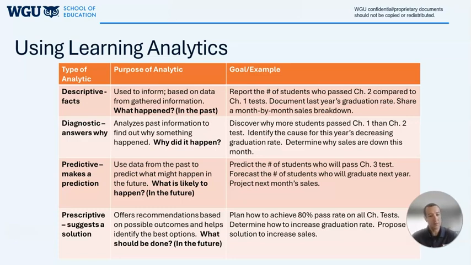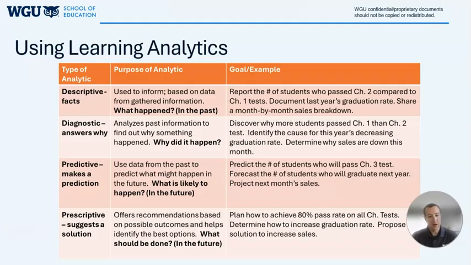Once we do that, then we can make a prediction, or we use our predictive analytic to forecast what's likely to happen in the future. So this is nothing that's happened yet, but based on all the things that we can see, the facts and our reasoning for why those facts are presenting themselves the way they are, this is what we think will happen in the future. So again, if you think of that line graph, it ends at a point on the right side there where our data points end. Where do we think that line graph is going to head? We could sort of trace it out in pencil with where we're anticipating that graph might go moving forward when new data points come in.